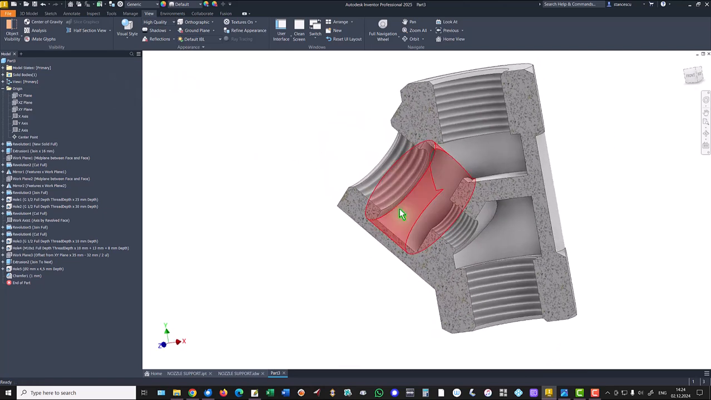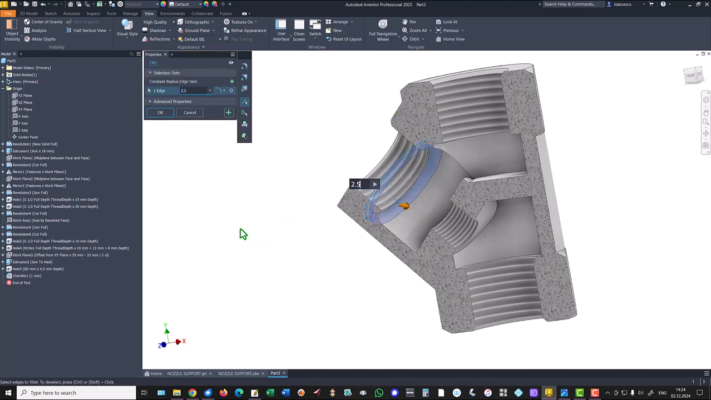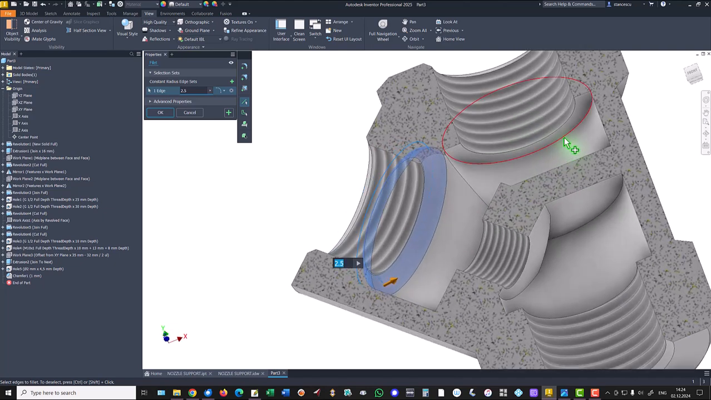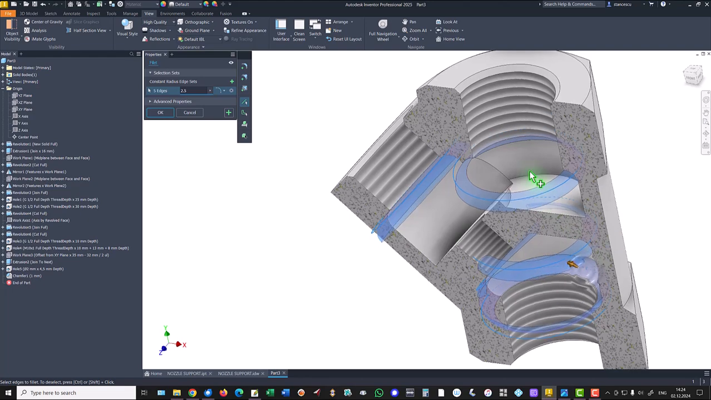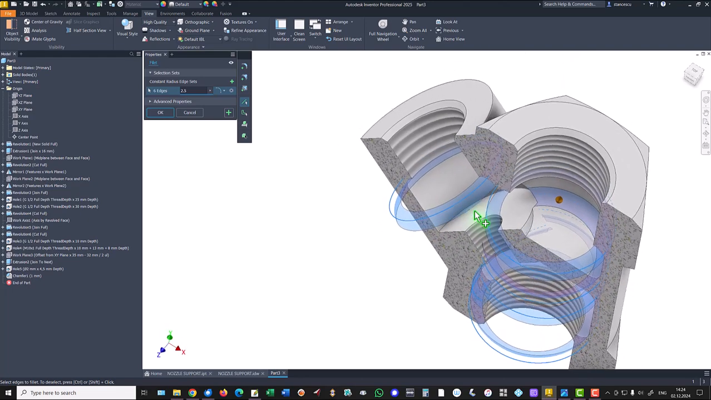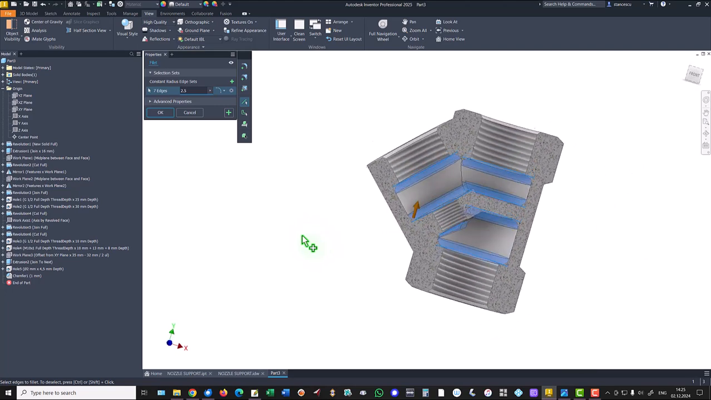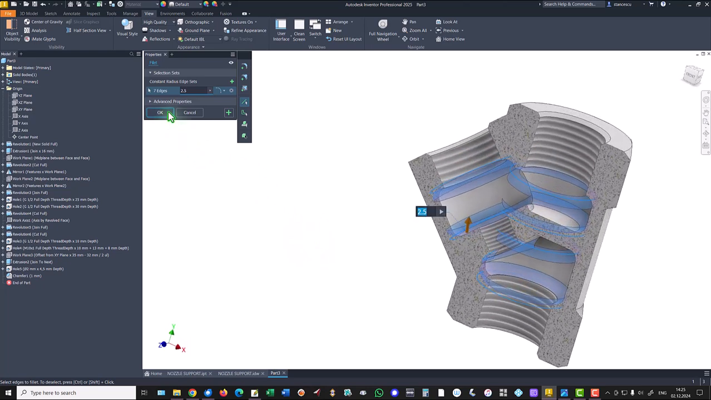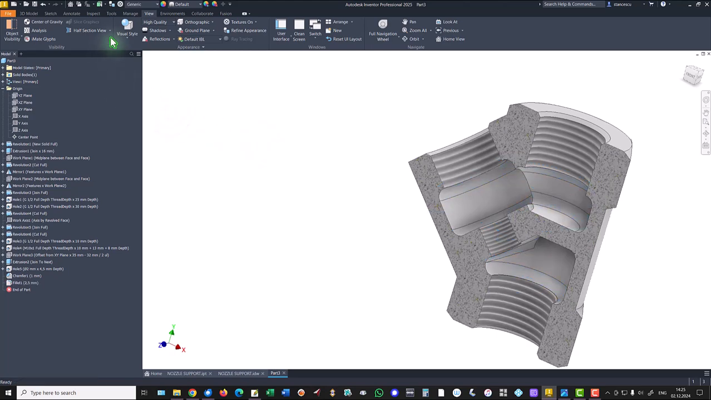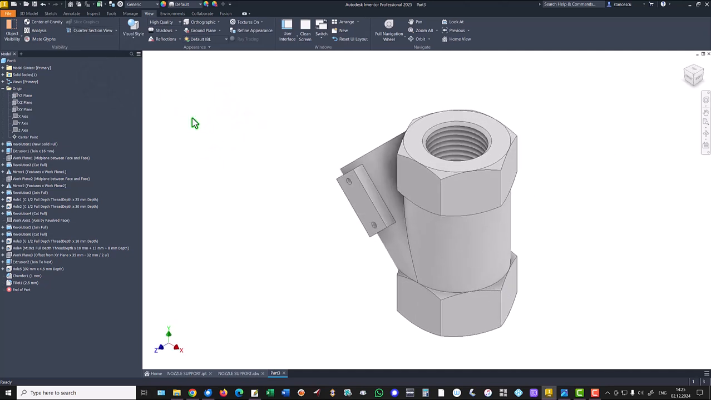I select this edge, 2.5, also here, here, here, and to this other edges. We covered all of them. Good. Okay. Now we delete section view and we apply other fillets of 2.5,